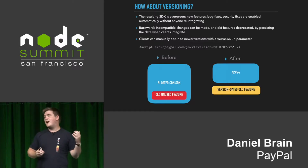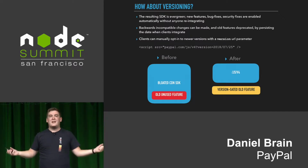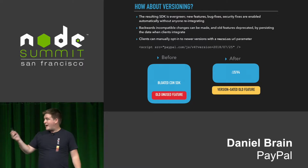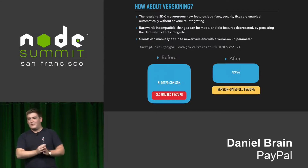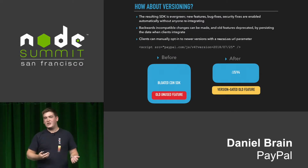And of course, we need a way for merchants to manually upgrade as well, because obviously they're going to want to take advantage of our smaller script bundles. So if they want, they can manually pass that date and that time in the URL, and they can actually upgrade their integration and take out all of those deprecated features, probably retest, run their integration tests, and make sure